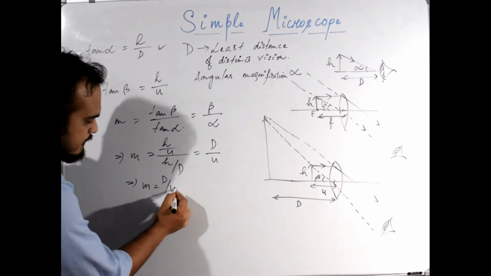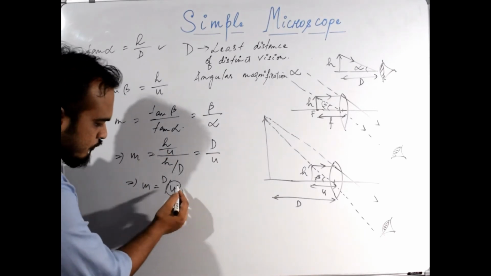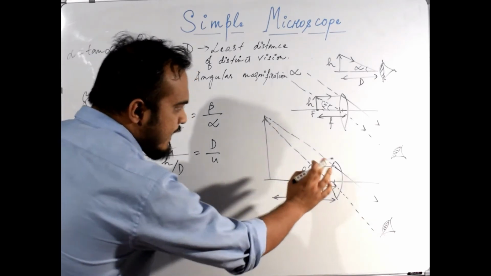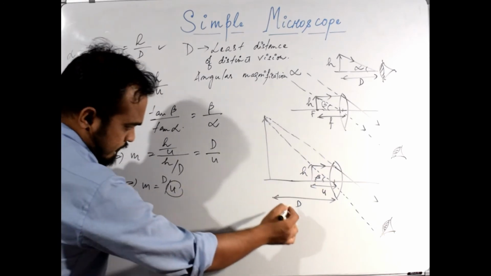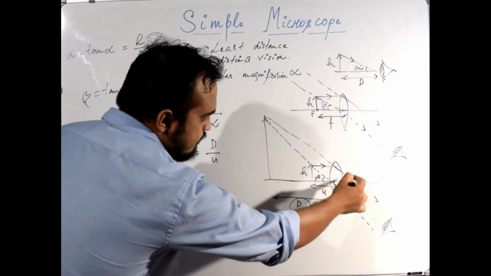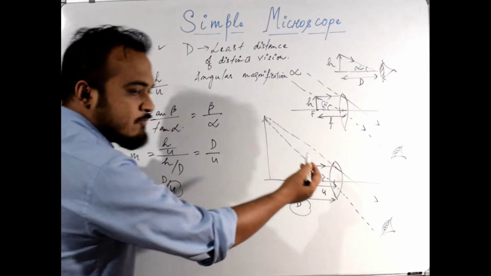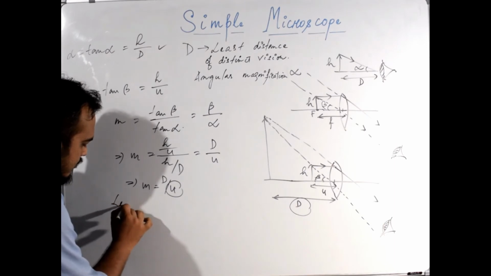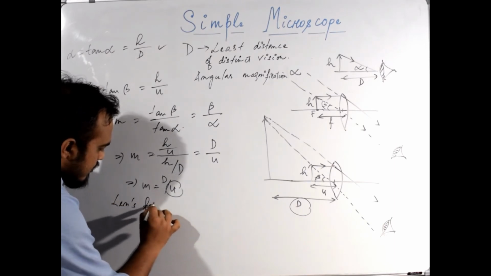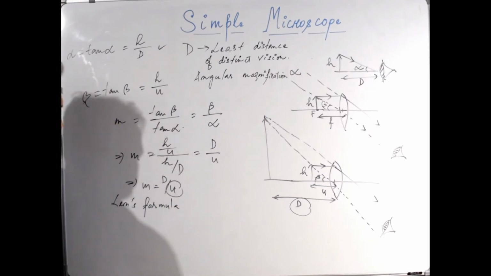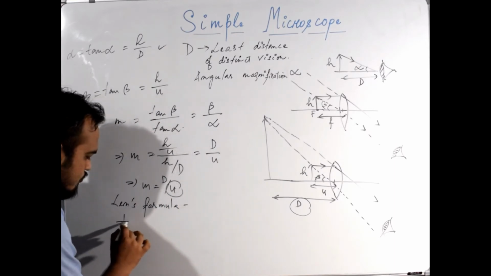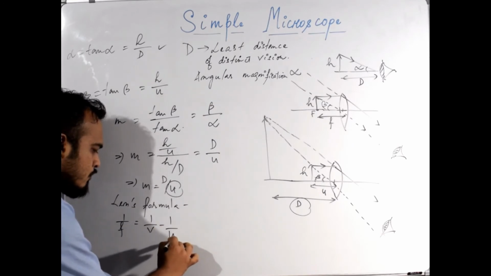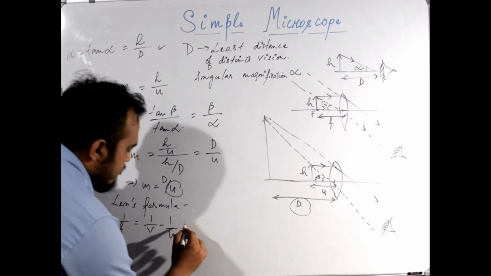So now we need the value for u, because we don't know the particular value for u. We need the value for u in terms of d and f of the lens. What is f? F is the focal length of this lens. So we know from the lens formula, 1 by f is equal to 1 by v minus 1 by u. But for this diagram,